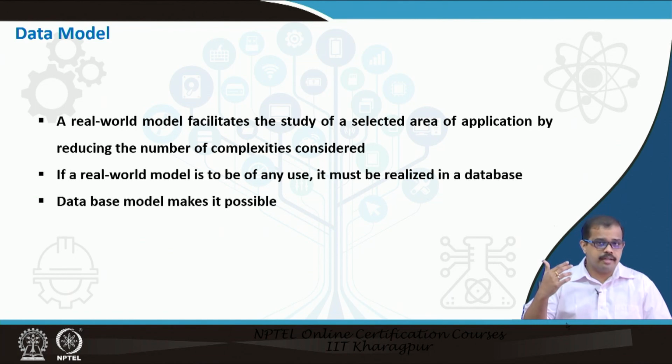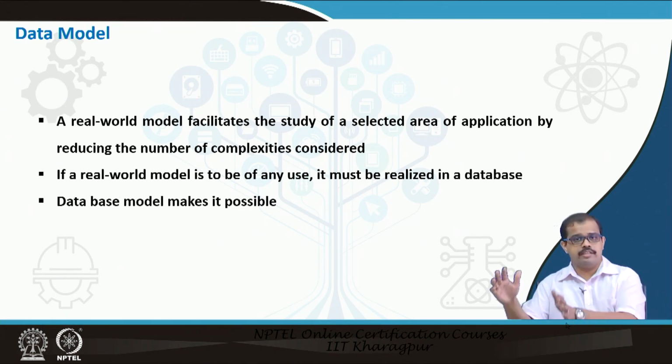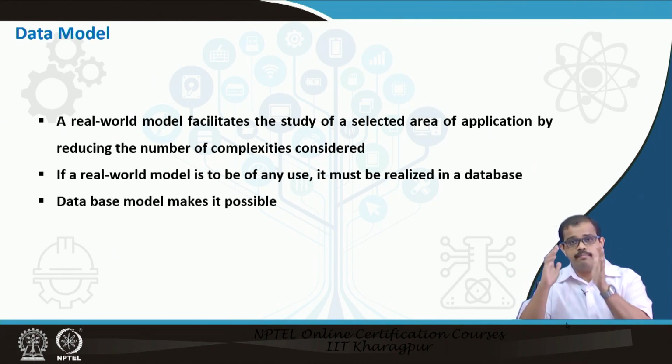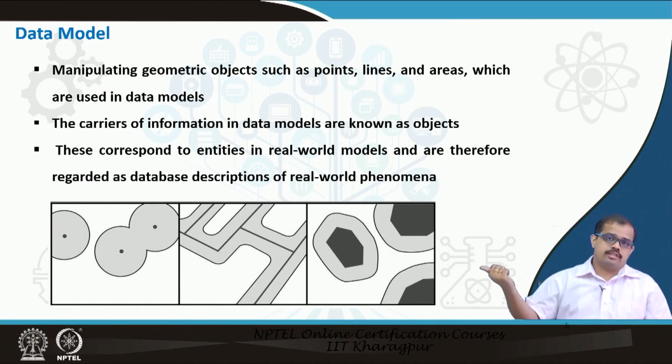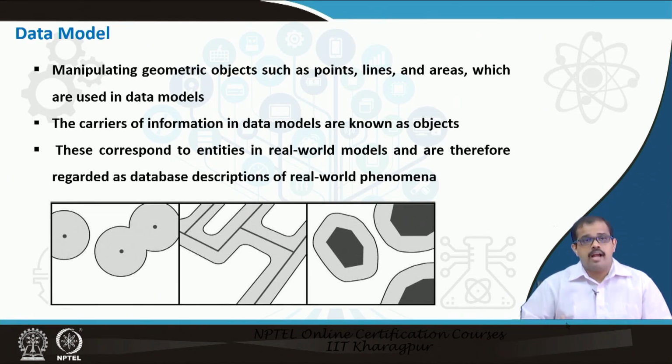That is what I meant all along when representing the real world as a data model. A data model is all about converting your data into a data model and storing it as a database. That is extremely important, the way you think about a data model. When we look at geometric objects in the real world, for example, there may be a number of trees around this building, a number of roads connecting in this area, and a number of buildings in this area. Each of these is represented as point, line and polygon in vector data.